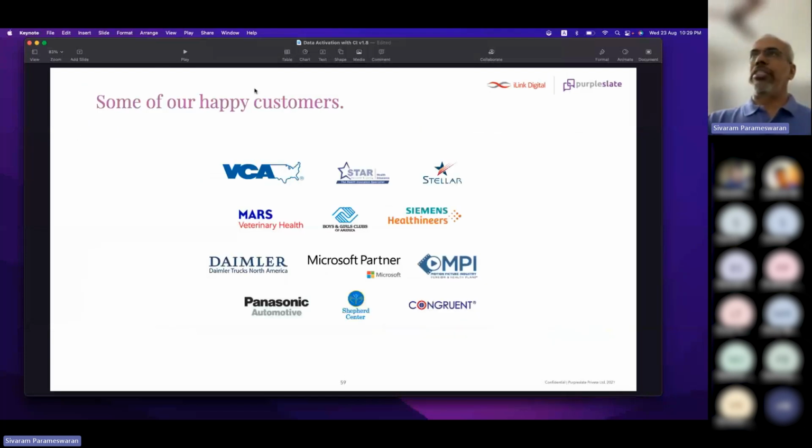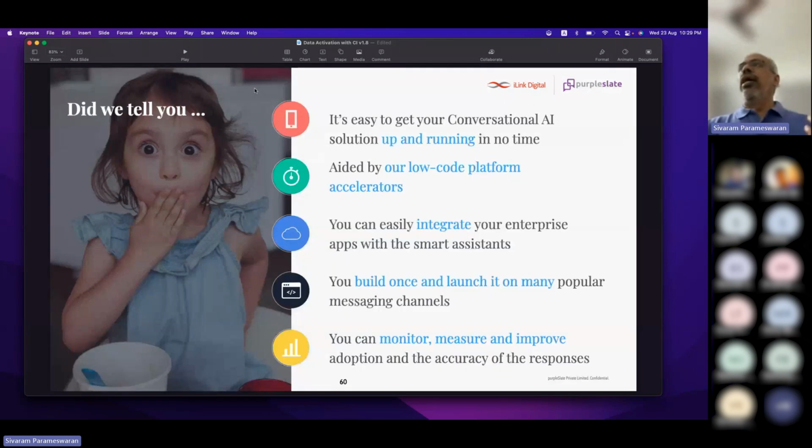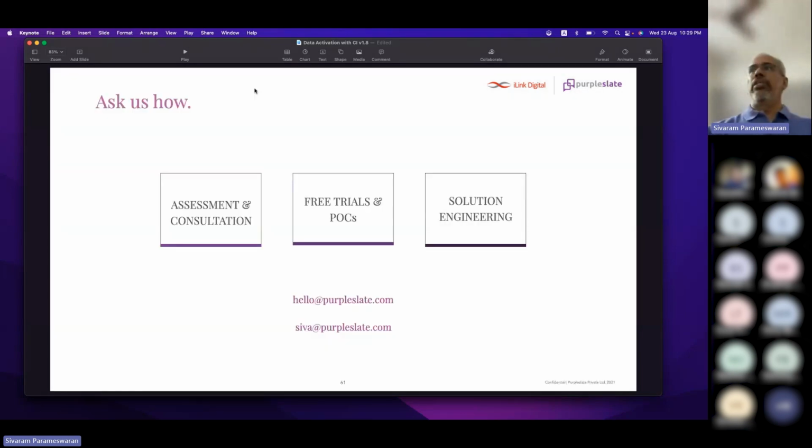We have a lot of happy customers. We have been doing this for quite some time, with a lot of very interesting projects. The largest dataset goes up to 7 million rows, very large datasets, across industries. It's very simple to get onboarded. Here's an email ID, so if you really need more information, I know it was such a quick one within an hour, we'd be more than happy to do a technical deep dive or start with a very simple free POC. Definitely feel free to reach out to us.